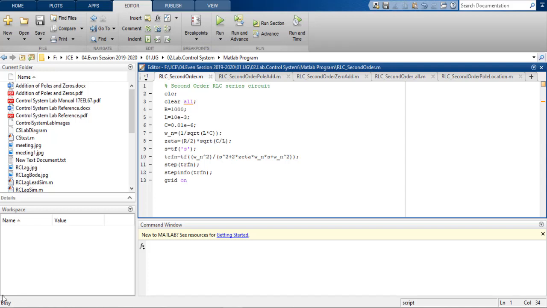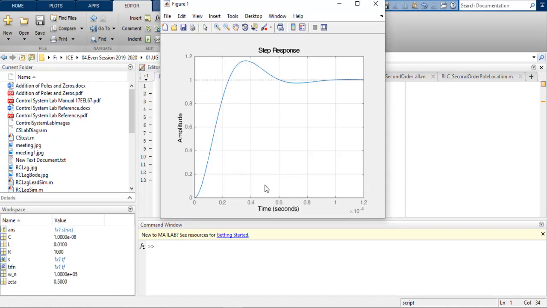Now when I run it, it shows busy, the program is running. Now the figure shows. You see the step input, the step is here 0 to 1 and continues at 1, but the output is this. So you can see there is a peak overshoot. Up to this point, it is the rise time.